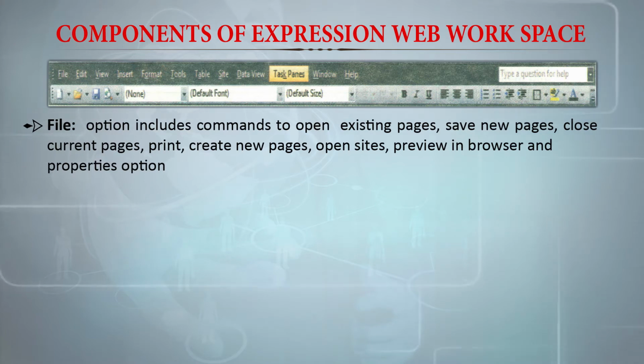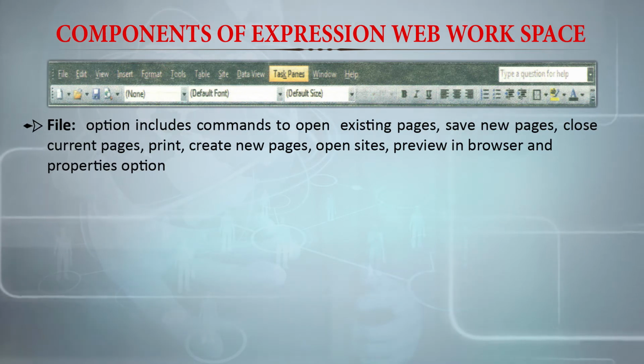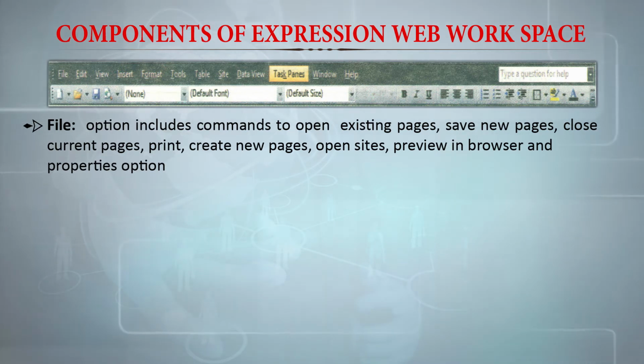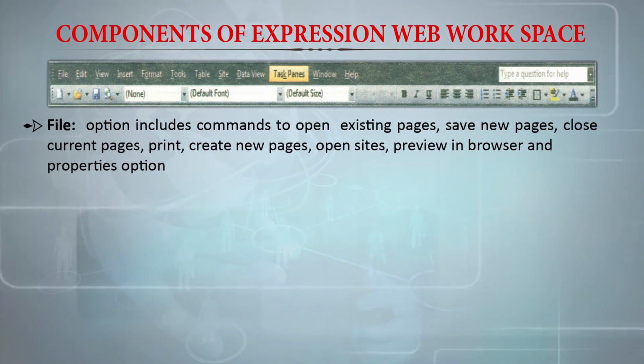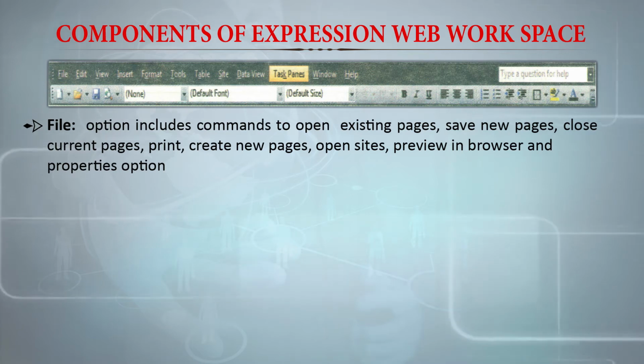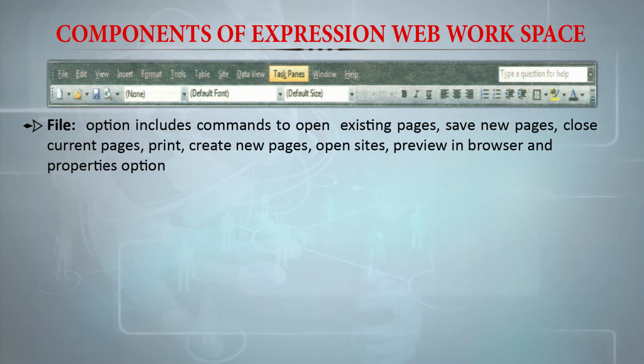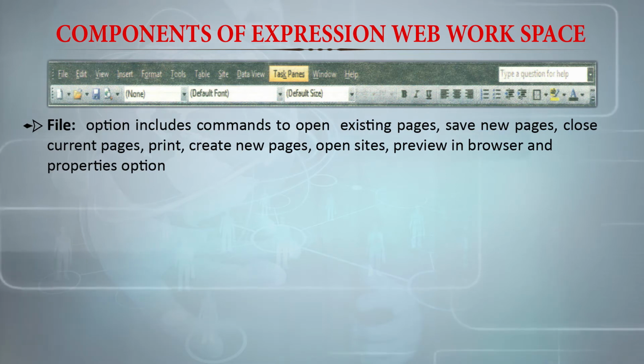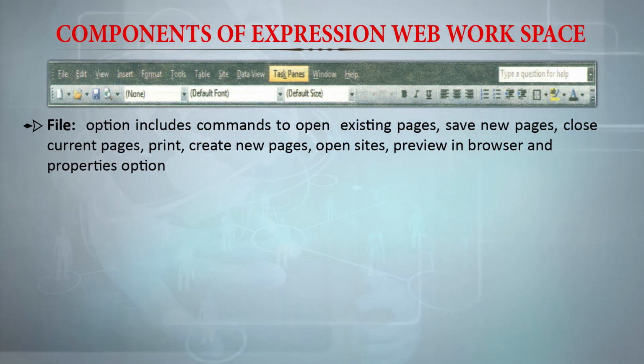And then the most important option in the file menu is the properties option, as it not only gives the name, it also gives you the location where the file is stored, the storage it occupies, the history of editing, particularly when it was last edited, when it was created. All these things will be very much useful to create version control of your file.